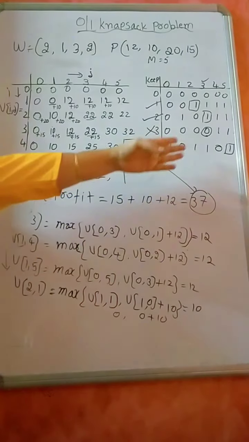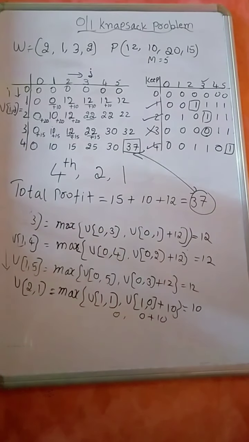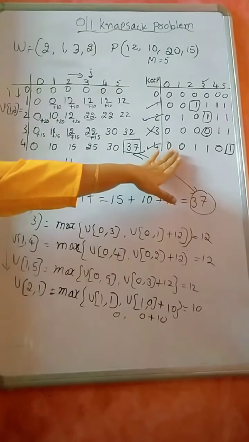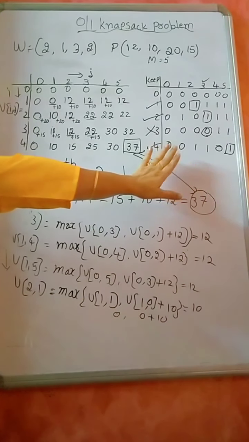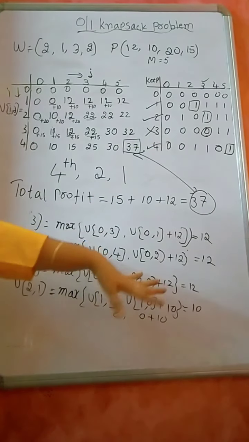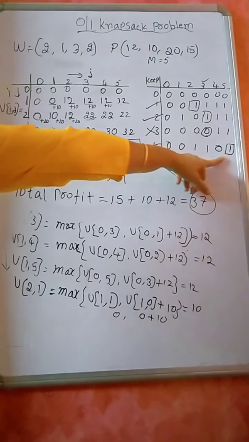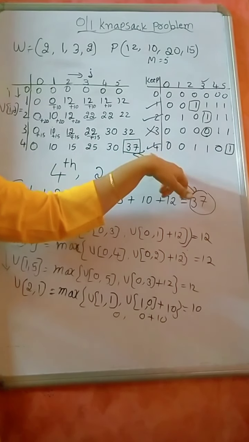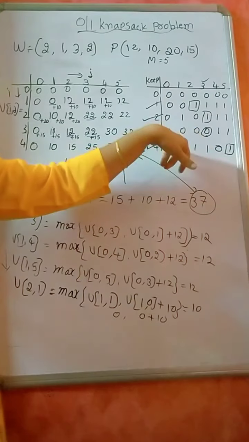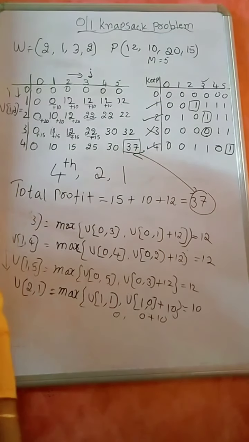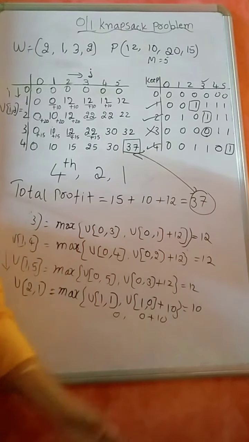And finally, you need to check that entry. Along with the entries of this table, you have to enter the elements of the keep matrix also. Parallelly it has to be done. Finally, I start with the last entry, then check whether this object is selected or not, then this object, then this object, then this object. You need to do all these things in your lab program also.